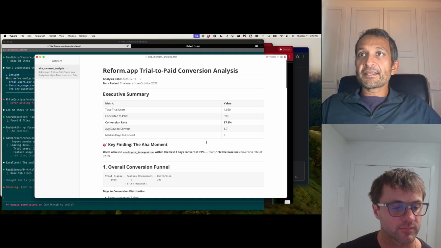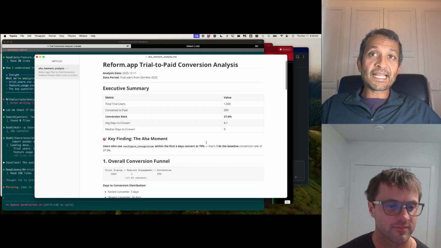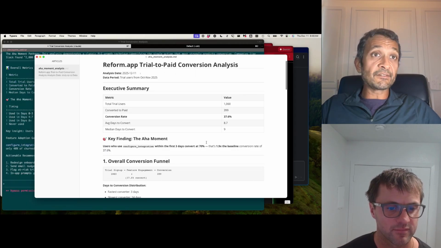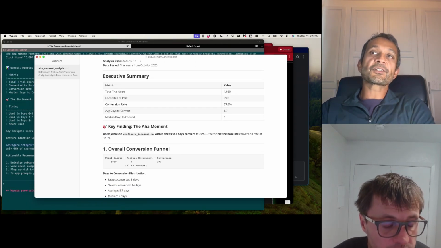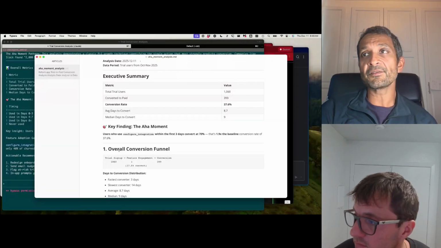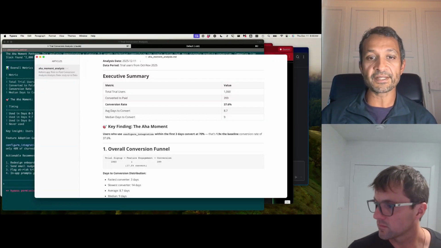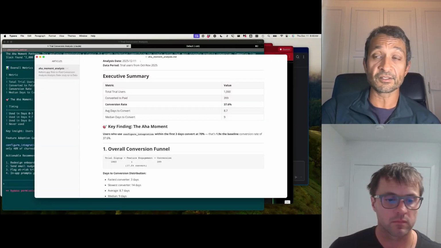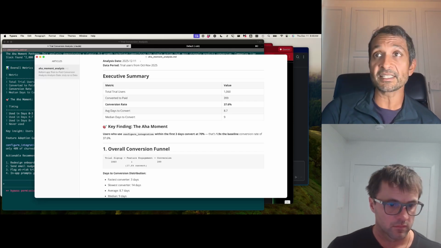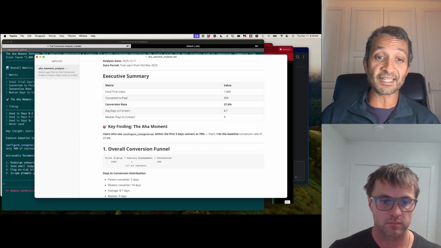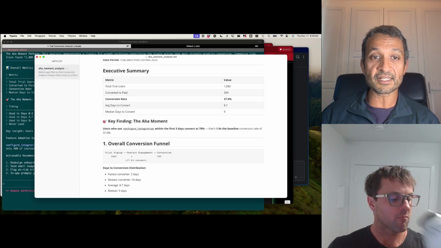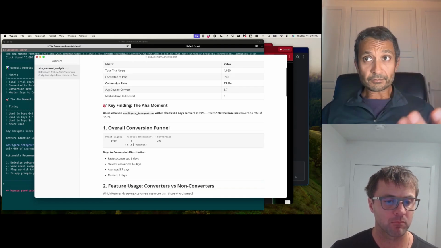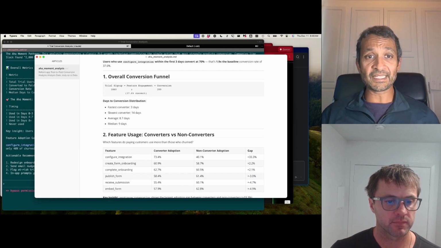Yep, and here it is. So what it's found in analyzing the features that influence trial to paid conversions is this key finding that users who configure an integration in Reform within the first 3 days of the trial convert at 70%, which is almost 2x the baseline conversion rate. So that's really, really important to know, and it's not super surprising because if you're connecting it into your stack,